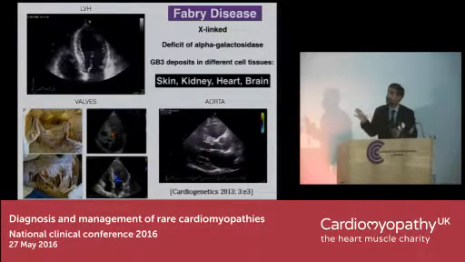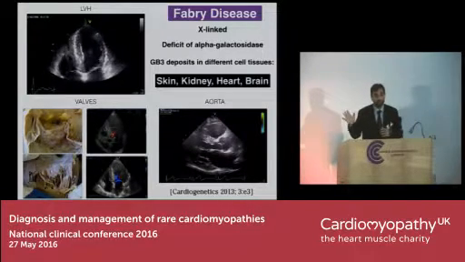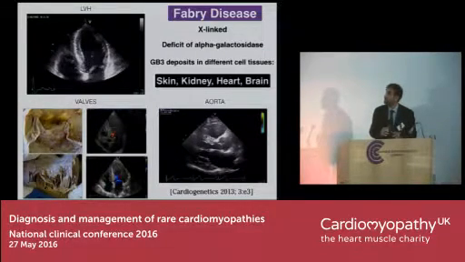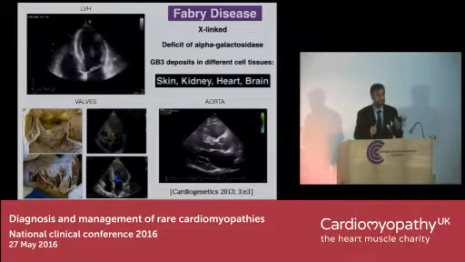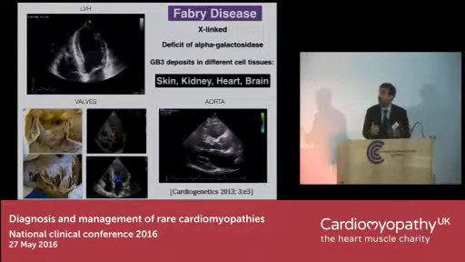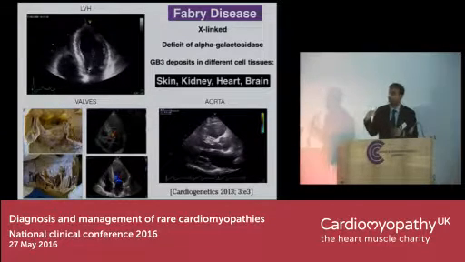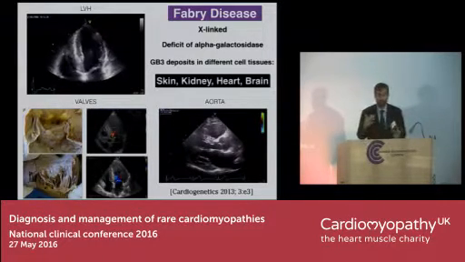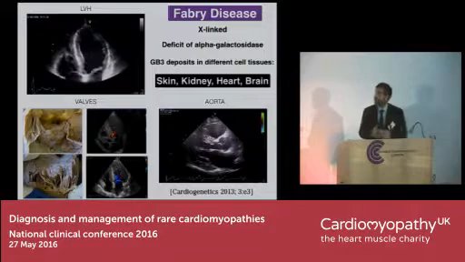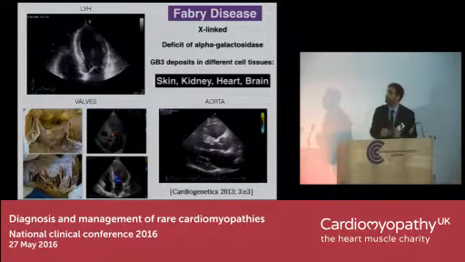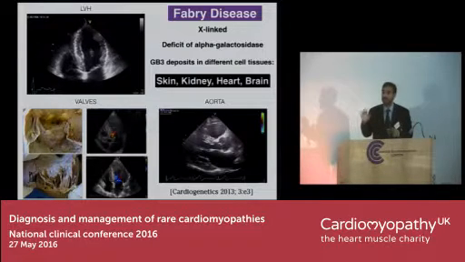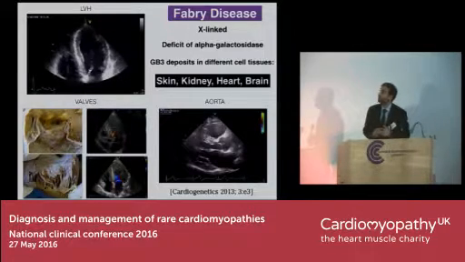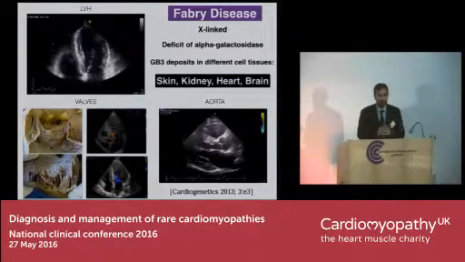Anderson-Fabry is an X-linked disease related to a deficit of alpha-galactosidase, and the net effect is the deposition of glycosphingolipids in different cell tissue, particularly skin and kidney really early in life, while heart and brain are an evolution of the disease. Generally after 30 years old, so in young adults, we can start to see cardiac involvement. And this cardiac involvement is typically a hypertrophic cardiomyopathy, generally a concentric hypertrophy, with a hypertrophy also of the papillary